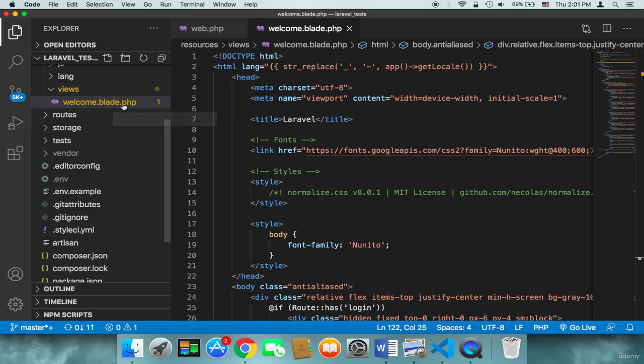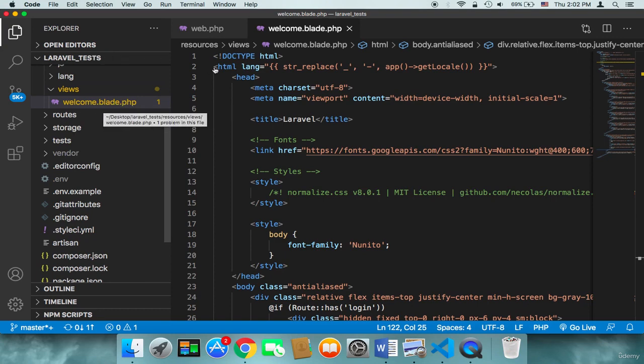And Blade is just an awesome template engine, and I'm going to be explaining what it does later. But for now, what you need to know is that the name of the view goes here first, and then .blade.php. Whenever you create a new view, you need to add this extension .blade.php, because you are going to add the extra features that